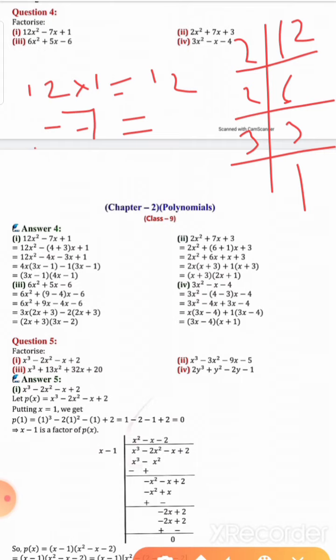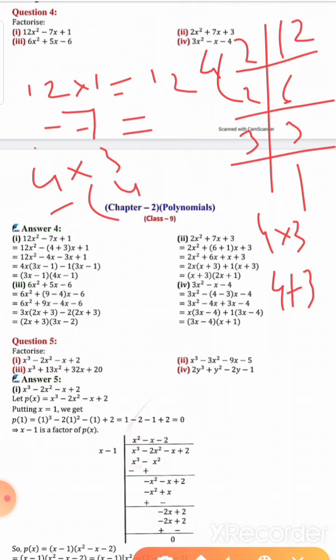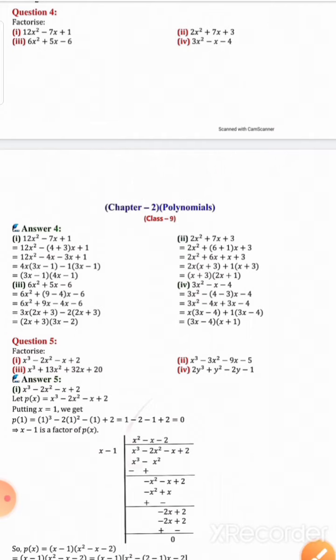For that, here we multiply 2 2s are 4 and 3. So, 4 into 3 means 12 and 4 plus 3 means 7. So for that we write 4 into 3 and minus 4 plus 3. We get the value of the middle term minus 7. So here we use minus, plus and minus, multiplying that we get the positive answer. So we split 7 as 4 and 3, the sum of 4 and 3. Substituting in our polynomial, we split the middle term.